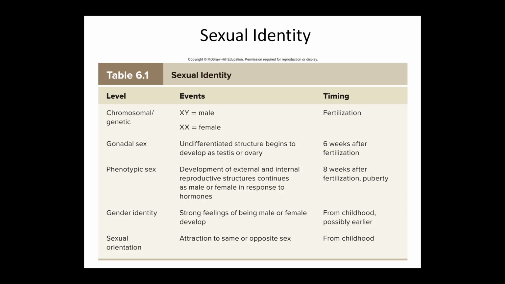Again, we said that at 6 weeks after fertilization, we have undifferentiated gonads. They did not decide yet if they're testes or ovaries. And we also have two sets of reproductive tracts, Mullerian and Wolffian. So at this point, you might say that the embryo is both male and female in some way. And then,